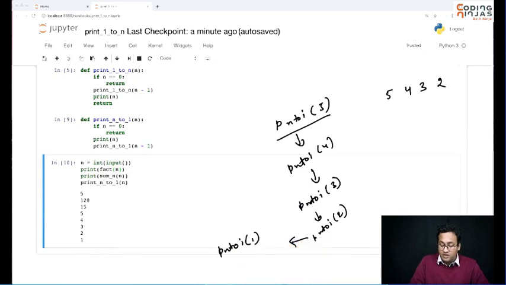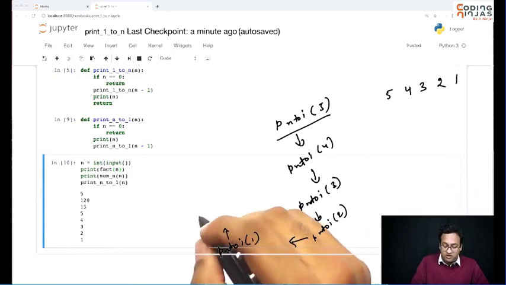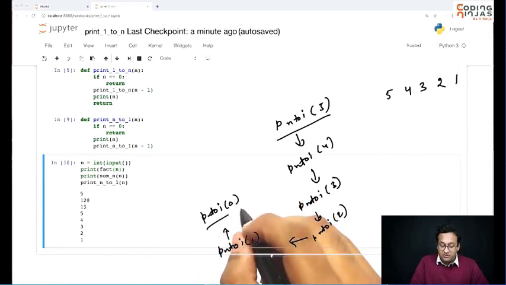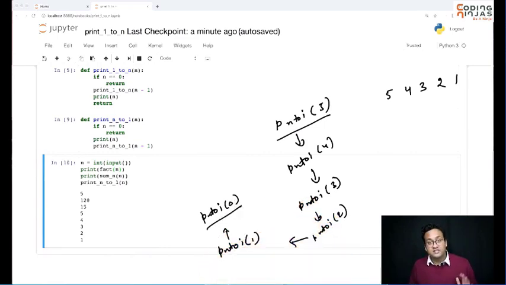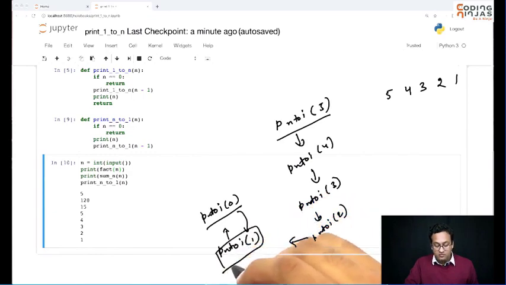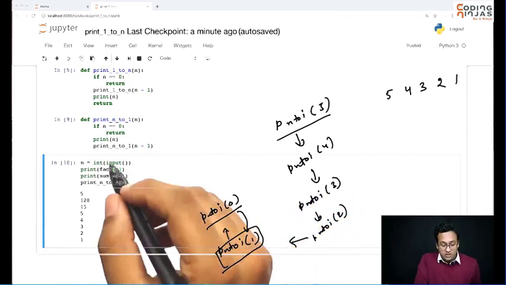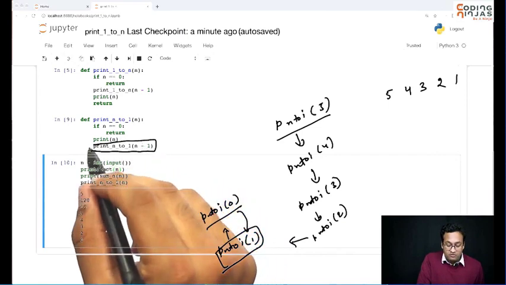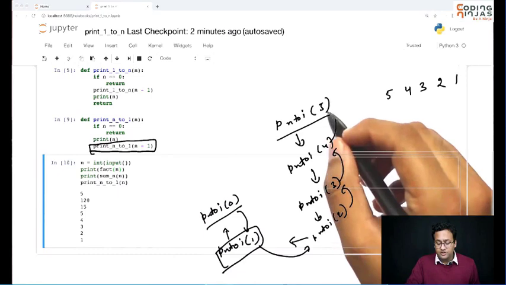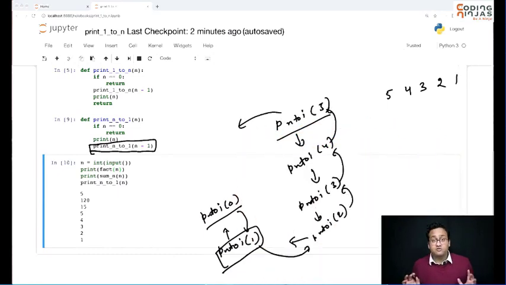Then it made a call to 1, which printed 1, then it made a call to 0, and 0 said, I don't want to do anything, let's return. It returned to 1, 1 said, I don't have anything else to do, this was the last thing that I wanted to do, so 1 returns to 2, 2 returns to 3, 3 returns to 4, 4 returns to 5, and 5 returns to the caller of the original function.